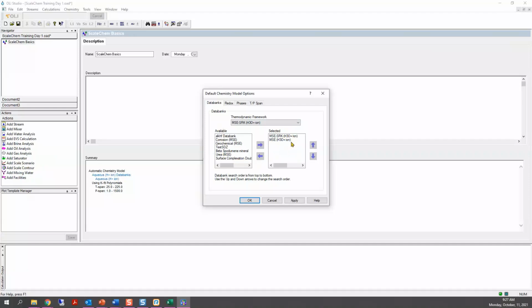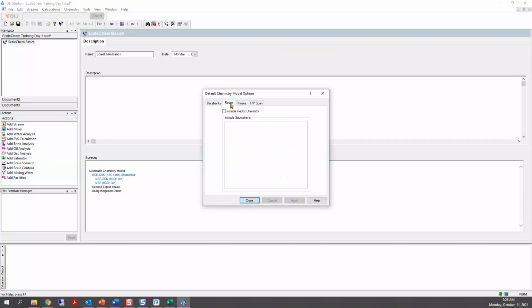Okay, so there is where we select the thermodynamic framework. Now we click apply. You'll see that the software immediately changed the thermodynamic framework for all the calculations. This is very important to do at the very beginning, because otherwise we will be constantly changing the thermodynamic framework, or maybe we forget and then get results that have errors, and we don't want that.